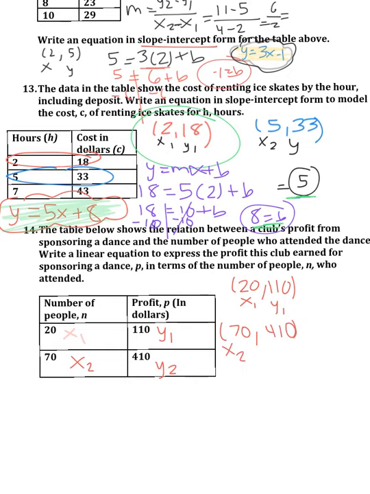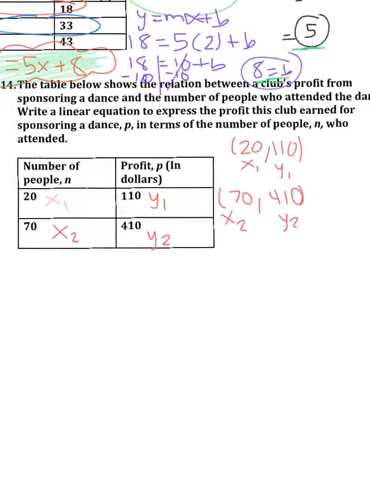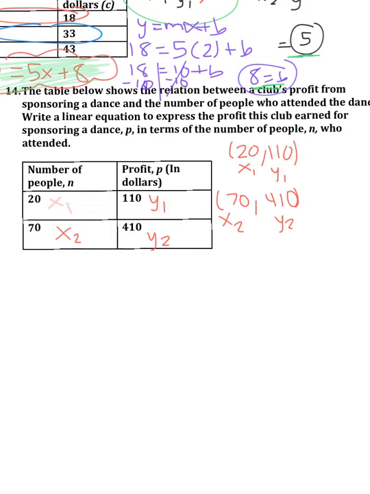That's x2, y2. So I put them into my slope formula. 410 minus 110 divided by 70 minus 20. So 410 minus 110, that's 300. 70 minus 20 is 50. 300 divided by 50